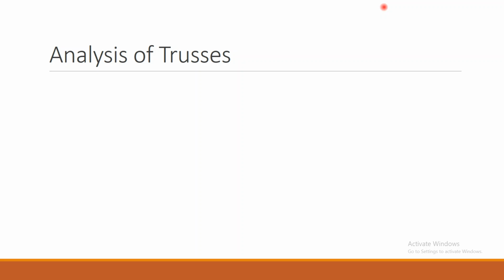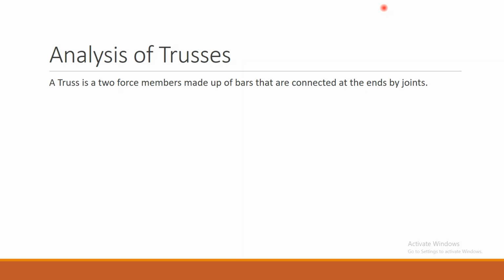Let us have a look into the actual meaning. What do you mean by truss, and how a truss slightly changes with respect to the bar, and while deriving the stiffness equations, what are all the assumptions, and later on stresses developed. Okay, these are all the contents that I am going to discuss today. The first one: what do you mean by truss member? A truss member is nothing but a two force member made up of a bar that is connected at the ends by joints.